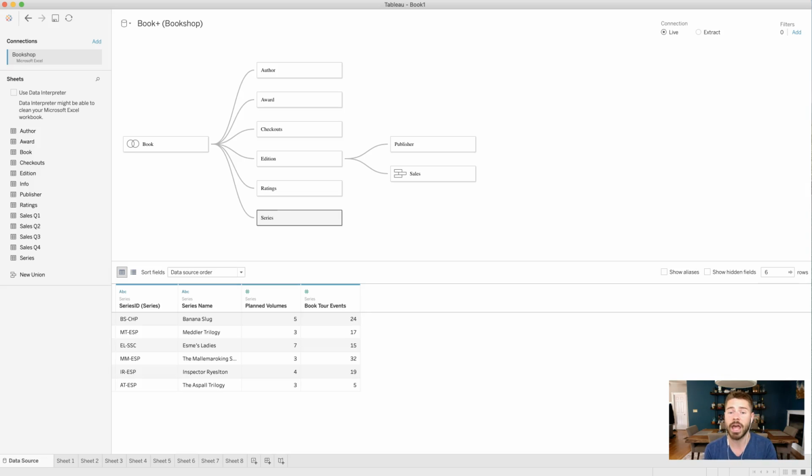Because if you don't have some kind of ground truth, if you don't know for sure what the answer is going to be, how do you know that you wrote this complicated level of detail expression, or really any other expression in coding or Tableau or whatever? How do you know you got it right? So let's just do something where the answer is already known, just to get our feet under us. That question is going to be